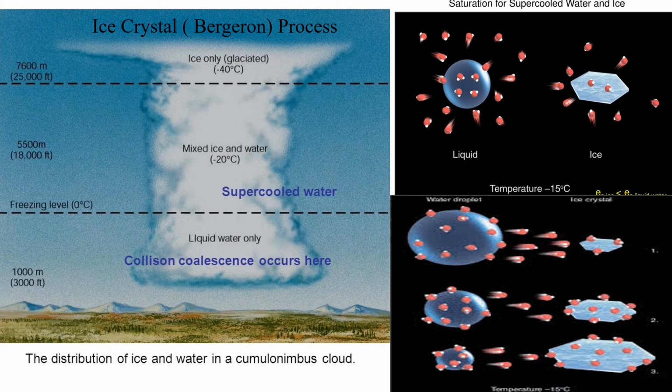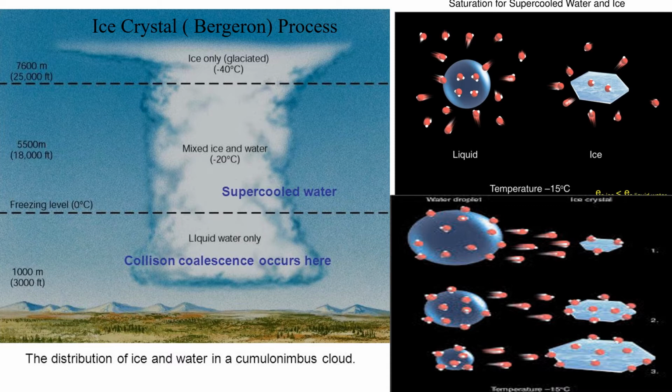Now we'll be talking about the ice crystal process. The other name for the ice crystal process is the Bergeron process, because the Swedish meteorologist actually invented this process. That's why, by his name, it is called the ice crystal or Bergeron process. The ice crystal or Bergeron process of rain forming is extremely important in the middle and high latitude